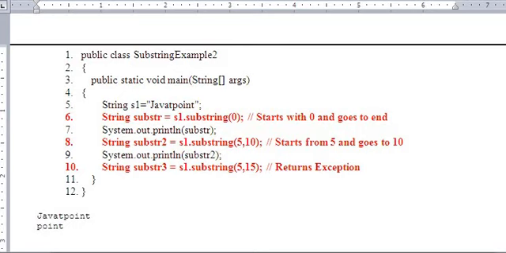So look at line number 6, s1.substring(0). Only one parameter is specified, means it starts with 0 and goes to the end. Look at line number 8, it is 5 comma 10.